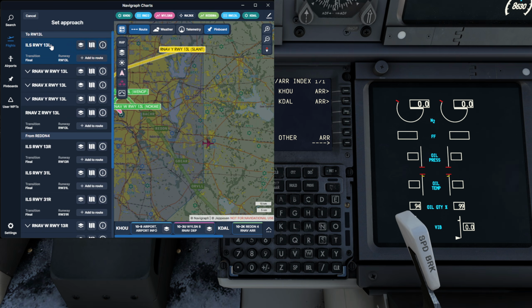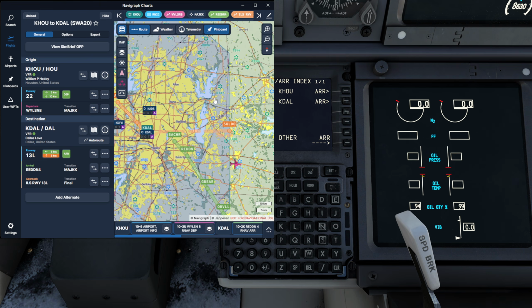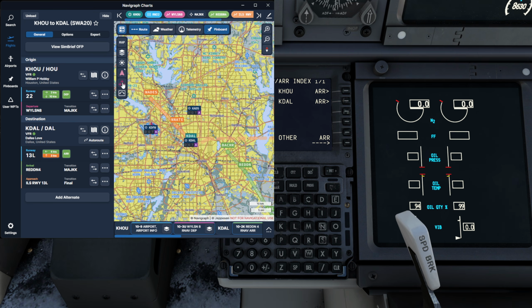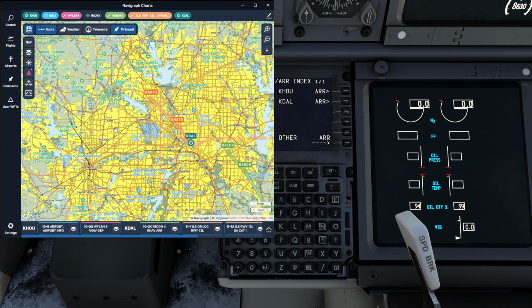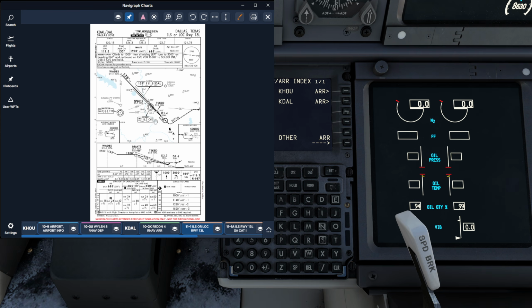Now we know we're probably going to be landing ILS 13 left, so we'll just go ahead and add that in right there. And if you look at that, you can see, let me turn off the traffic, hide, okay, get that out of the way. So if you look at the map here, you can see here's that last waypoint Bacher in the arrival, and then from here they would typically vector us out like this and then turn us into Wade's and then Nate, which is here's your